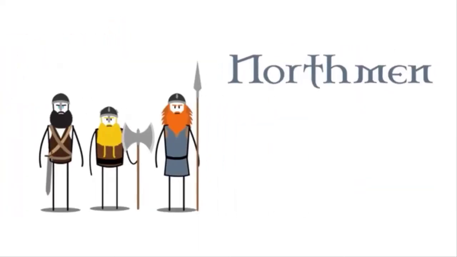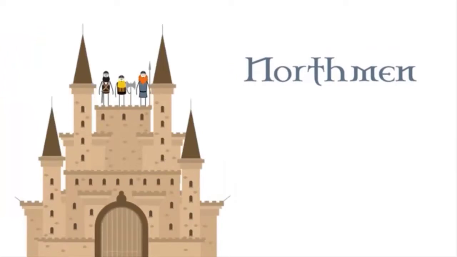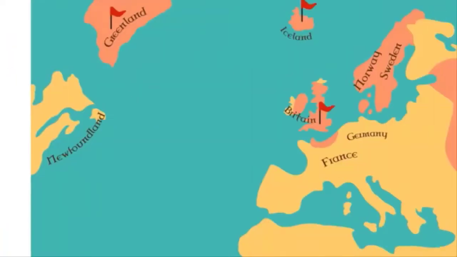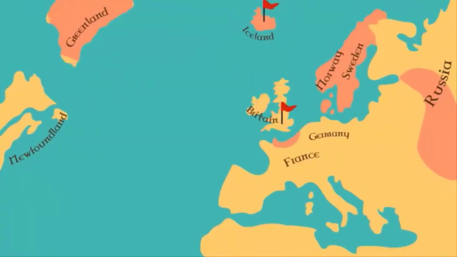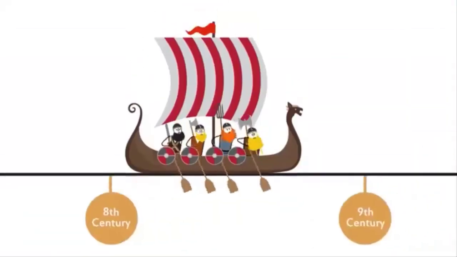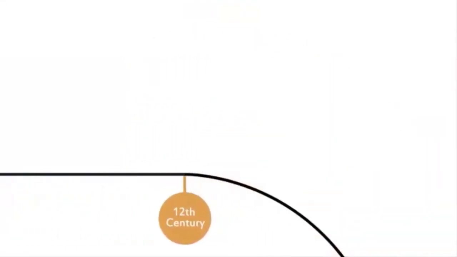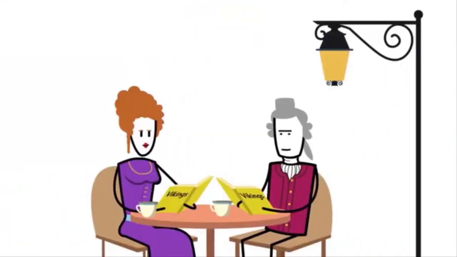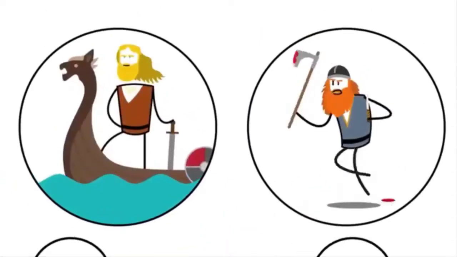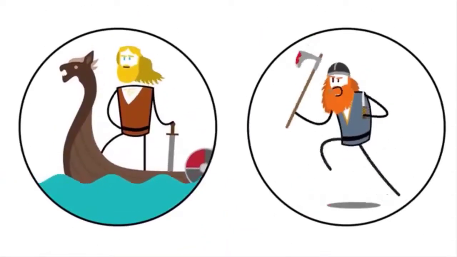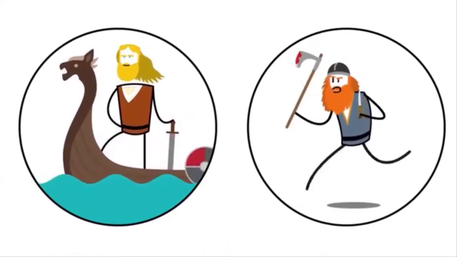In France, the Vikings, who were known as Northmen, established the Duchy of Normandy. Eventually, the Vikings assimilated into each of their destinations, and their relatives back home were Christianized. By the 12th century, the Viking Age was over. The Vikings lived on, however, in the European imagination, both as destructive barbarians and as romantic, noble savages.